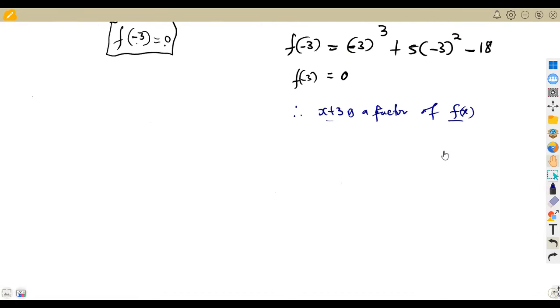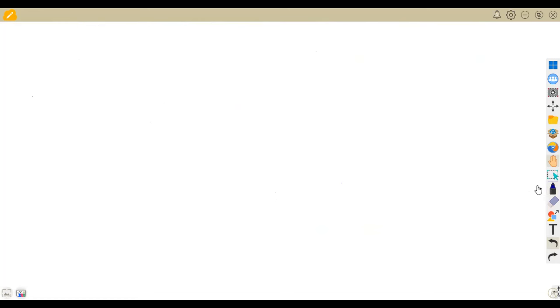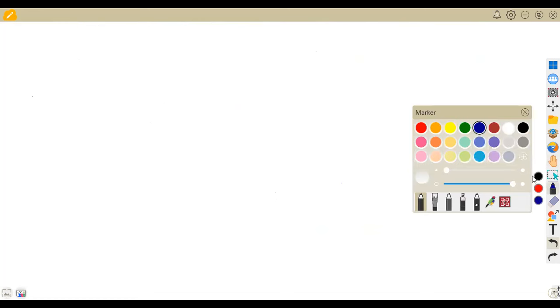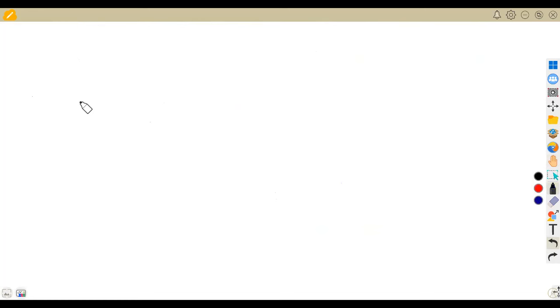Again, we can just be asked to prove, but we just need to be careful with some of the expressions like this one, where we are given to prove that 2x minus 1 is a factor